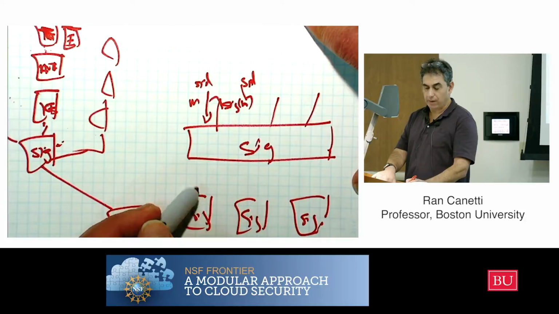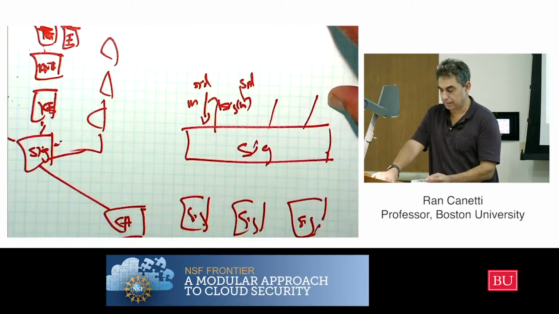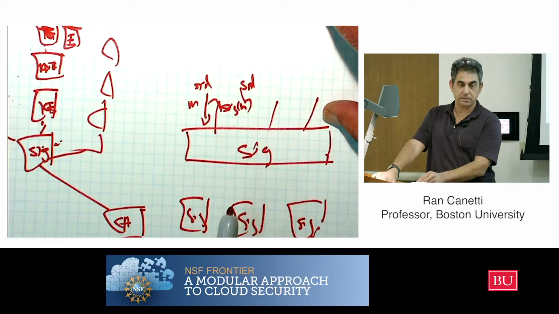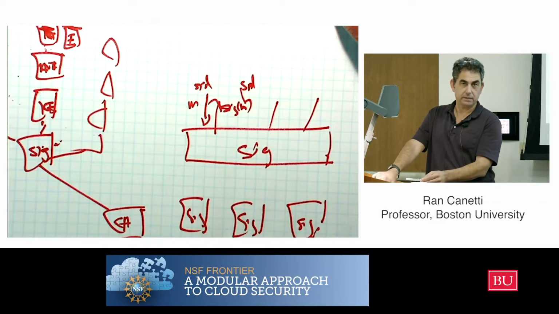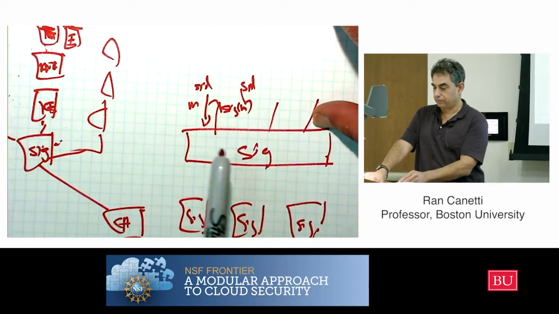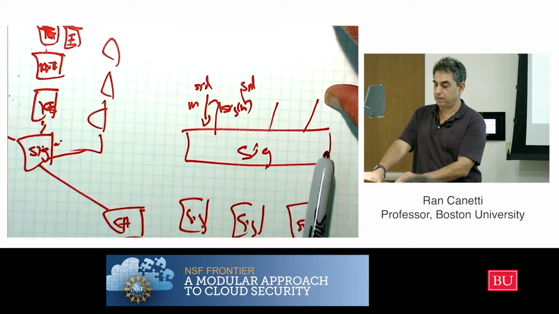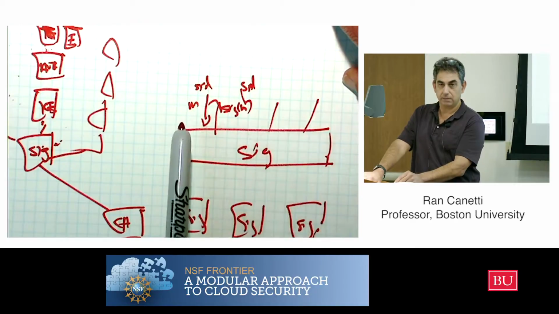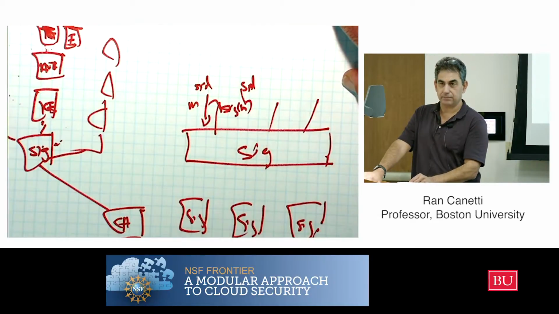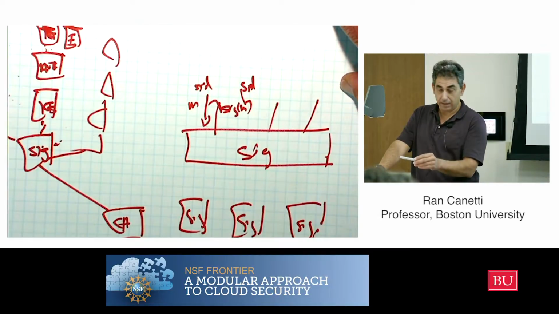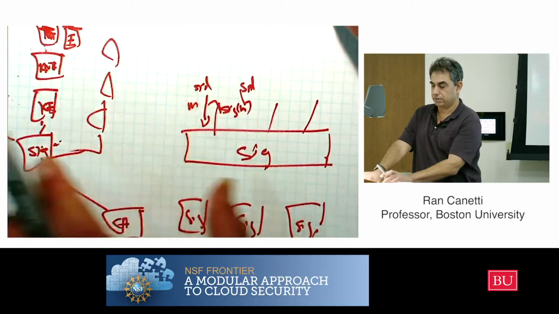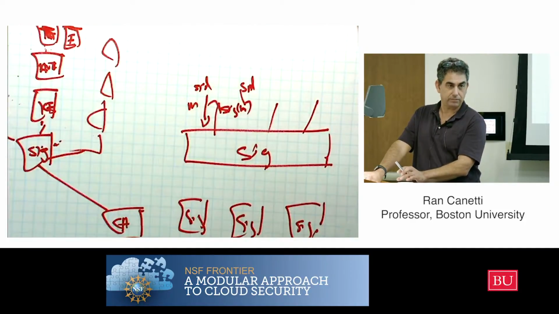Because why? Well, one has to prove it, but essentially the one salient point of the signature here is the unforgeability. And unforgeability works in the same way whether a single signing key signs all of them, or each one of them is signed with a different signing key. The same unforgeability, in exactly the same way. Why? Because I put the SIDs inside. So kind of like a separation between signatures for the different